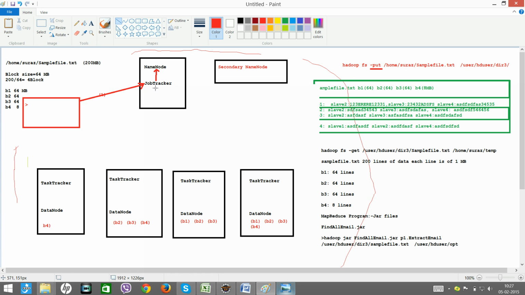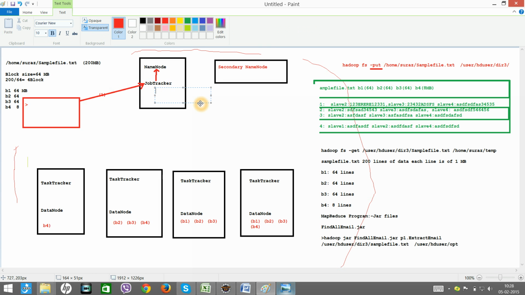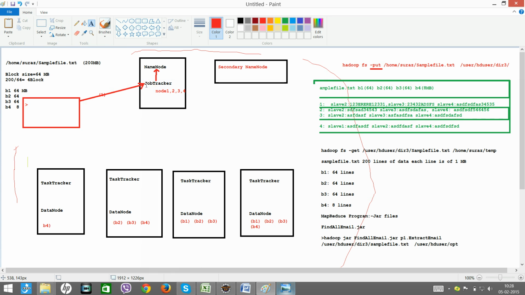Okay, now the job tracker will understand, okay, I have to contact node 1, node 2, node 3, node 4. So after that, this job tracker will send this jar, whatever jar you have given, find all email.jar, will transfer the jar to task tracker 1, 2, 3, 4.